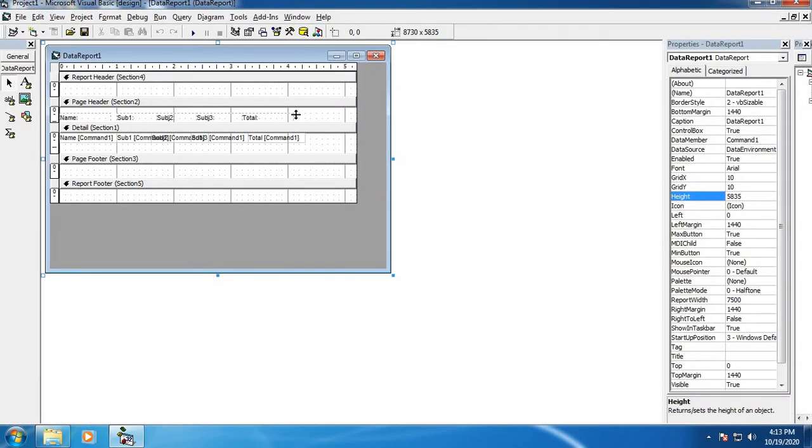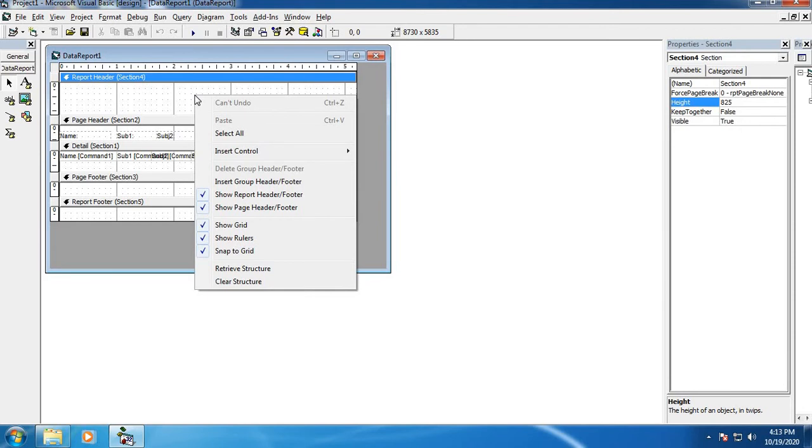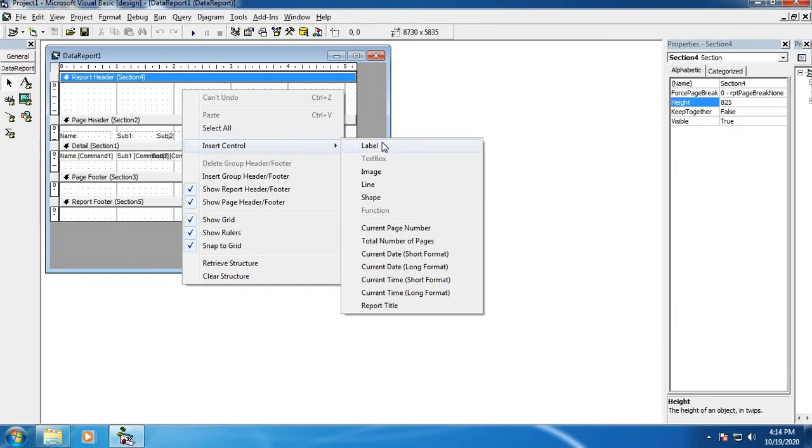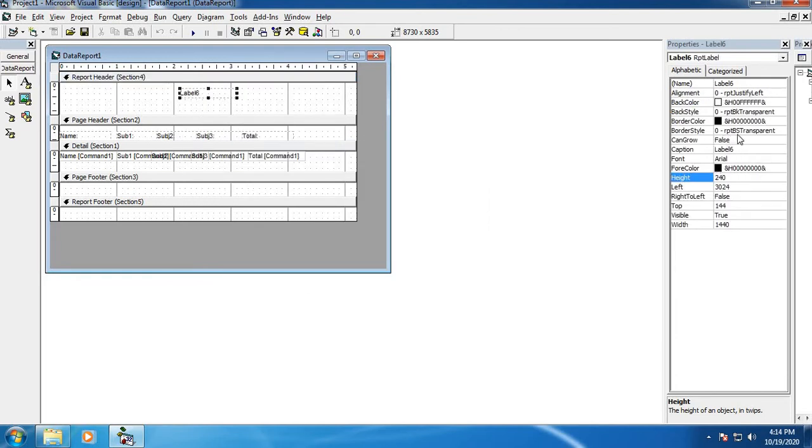If you want to insert any title for your report, simply right click in the report 1. You'll get insert control, select the label, right? Go to caption. Student marks.